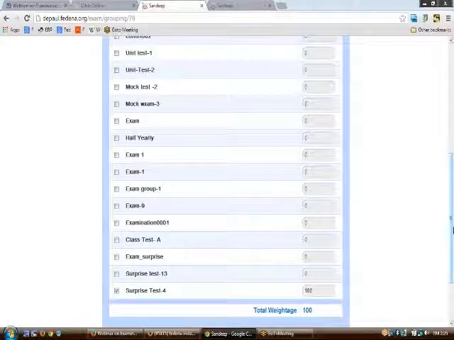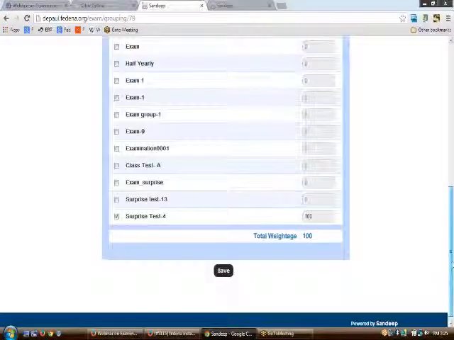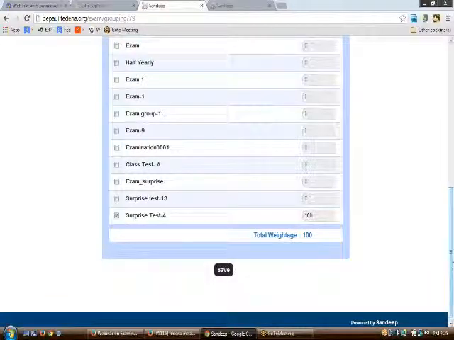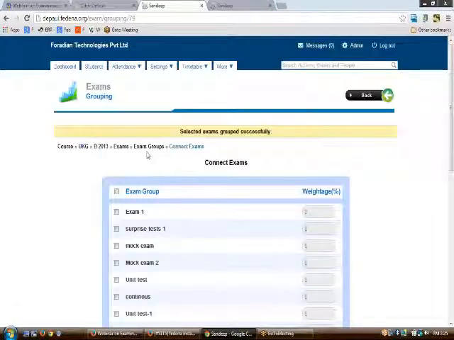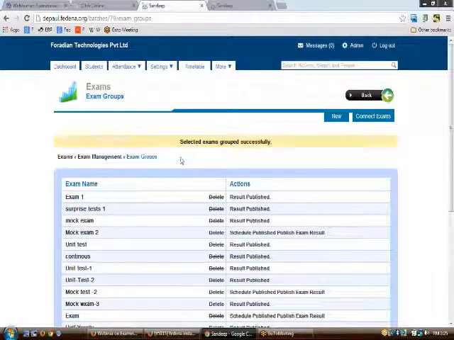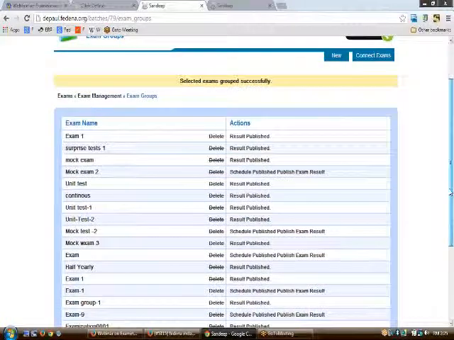Moreover, as per the needs of the batch, you can set your weightage accordingly. So now we are done with creation of exams, entering of results, and publishing of the results.